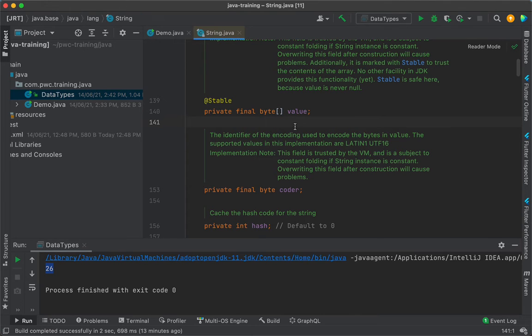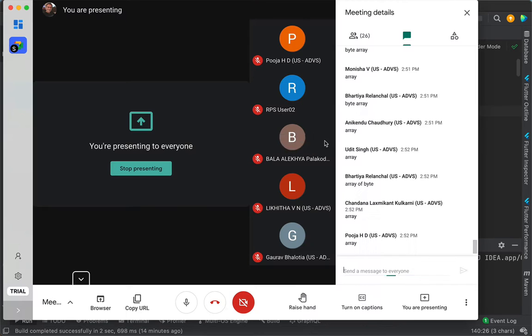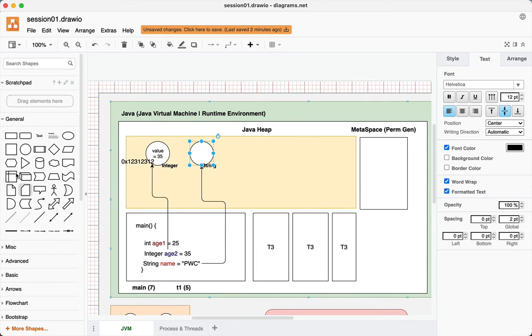So whether you have an array of primitive type or an array of a class, whatever the case is, it's a thumb rule: arrays are always objects. I repeat, arrays are always objects. Whether it is of type primitive or of type some class, arrays are always objects. So what happens here is this: it creates a byte array in memory,